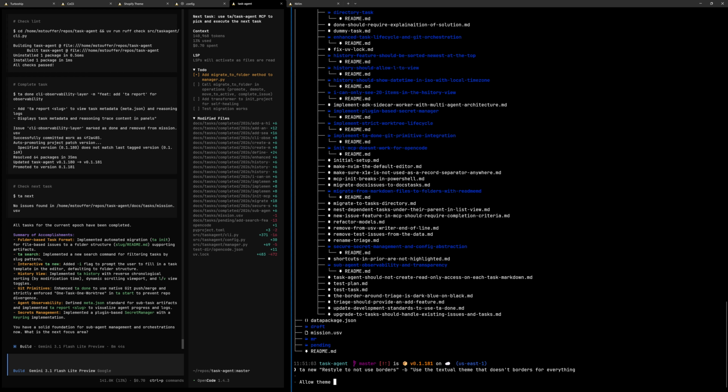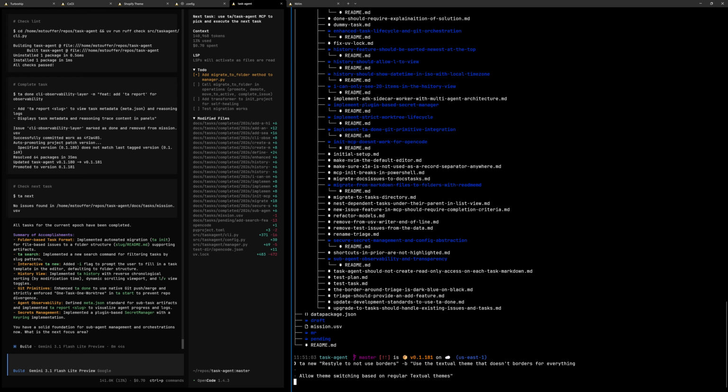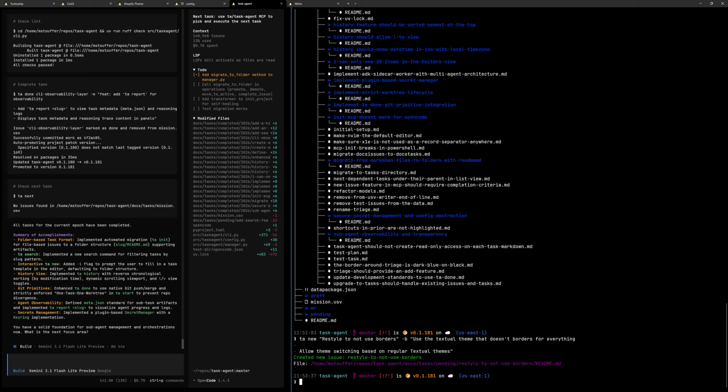Allow theme switching based on regular Textual themes. So I create that, then I go over here, run TA next again,